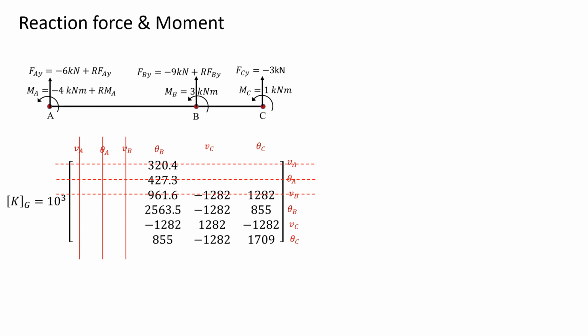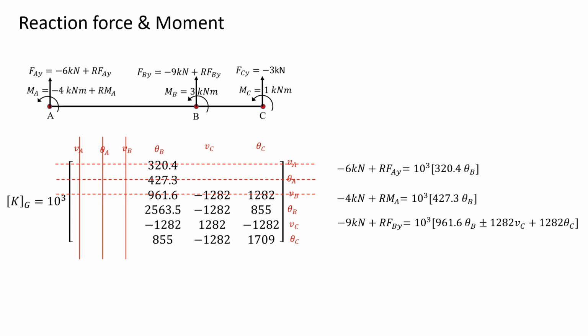From K global, we have to use the equations for VA and theta A. VA is dedicated for force, and theta A, which is rotation, is dedicated for moment. So for reactions,